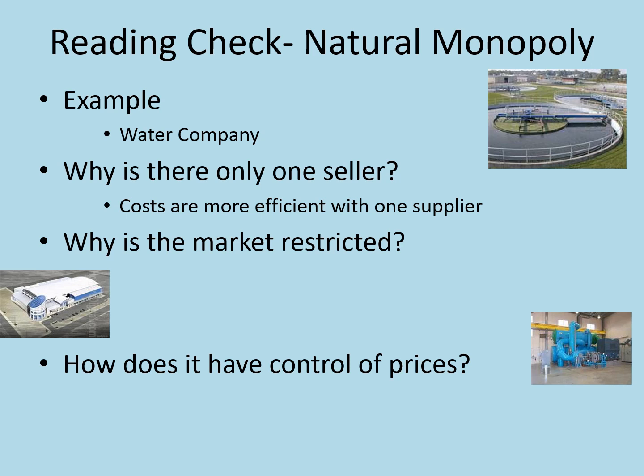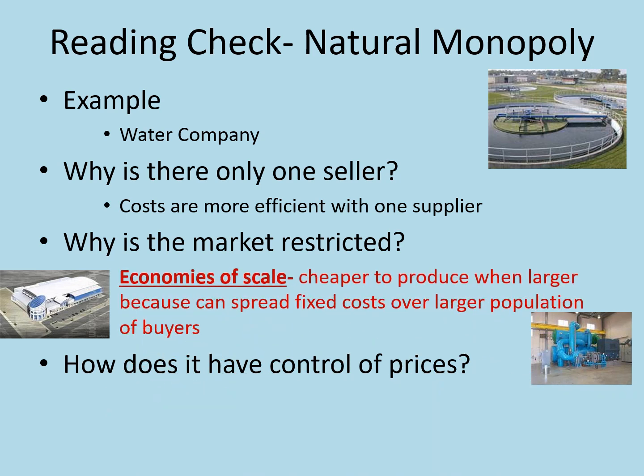The reason why is this idea called economies of scale. That basically means that it's actually cheaper for one company to provide all the services, because that means they can spread their costs out to more people. For example, Citizens Water, there's a million people in Marion County. Let's say it costs $100 million to run Citizens Water. Well, if they supply all the water to Marion County, it means that each person only pays $100 for their